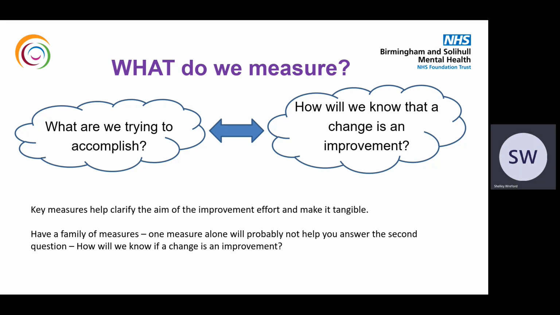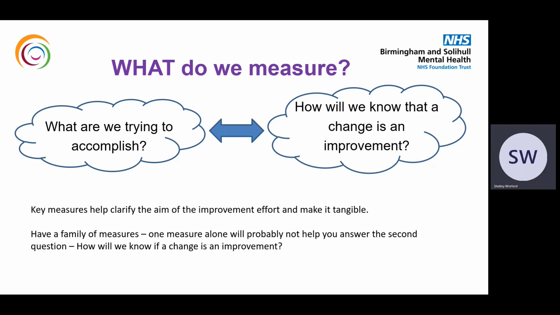You cannot be clear about what you are trying to do without knowing whether or not you're actually doing it. And the way we know whether or not we are actually doing it is through the measurement of our improvement efforts. In other words, you need to have measures that are intrinsically linked to your aim. This principle of knowing exactly what you are measuring and why needs to be established from the start, which is why making decisions about your measurement plan at the same time as you are doing all your thinking about the first question is so important. If you get this bit right, the data you collect for your project will feed back into your aim and be of use in terms of building learning for improvement.